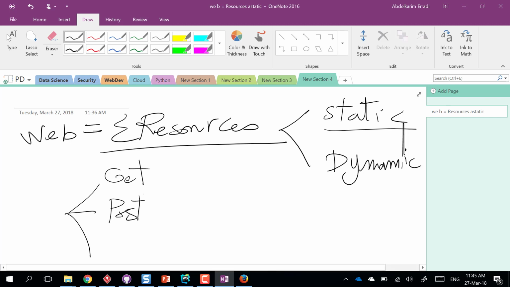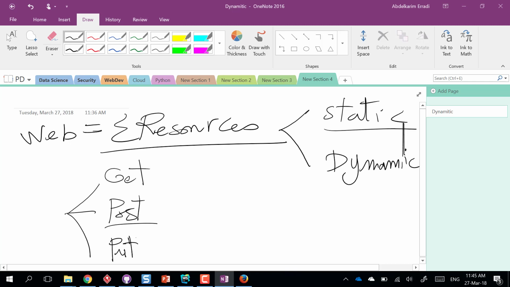to send some data to create a new resource. So for example, I can sign up and create a new account. I fill up the form and submit it to the server side using a post request. Now, if some resource already exists, for example, you already have an account and you just want to change your phone number or your address, you will bring the form, make any changes, and submit it back. And this time, typically, you will use a put